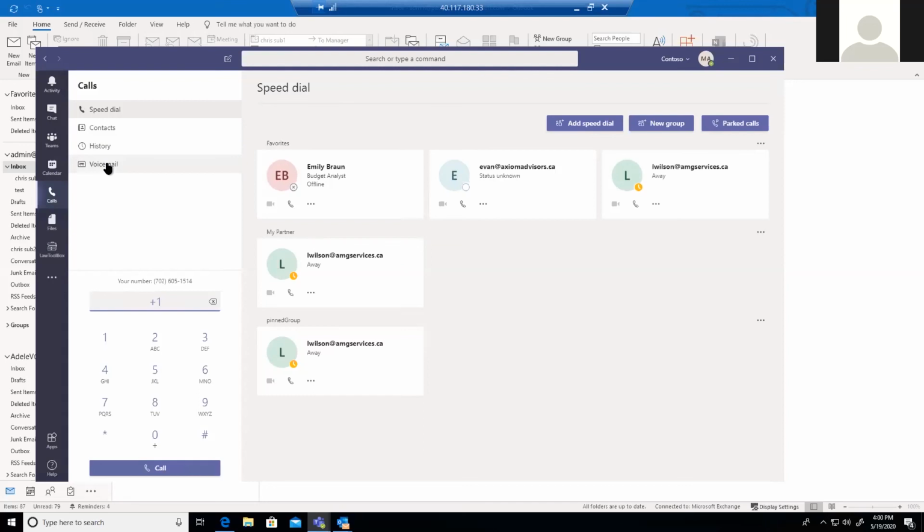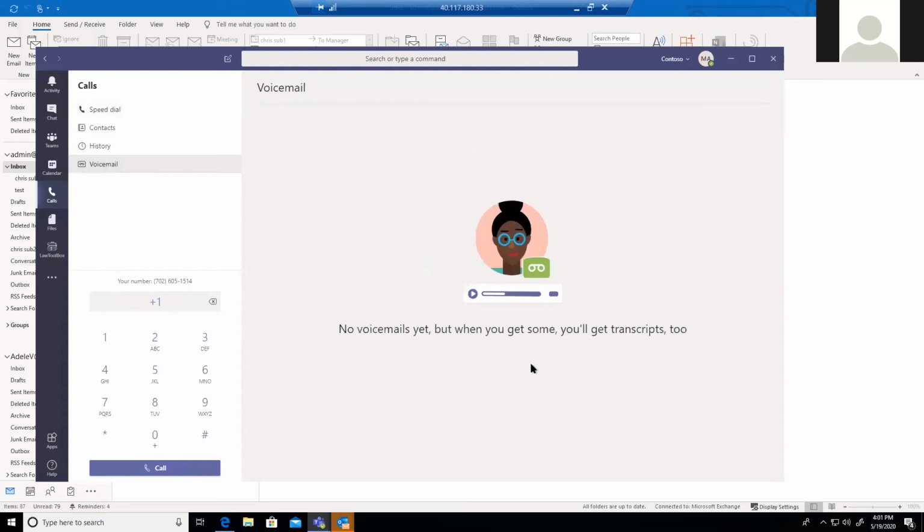Now, if somebody calls you and you didn't pick up, there's a voicemail option over here. If they leave a voicemail, all the voicemails will be listed here. You will also get an email with that particular recording of the voicemail and a transcript of it. But the transcript and the recording will also be kept here. You don't need to go to your inbox and find it, you can come directly here and listen to all the recordings. And if you want to read it, you can read it too. So this is the option where you can do both.